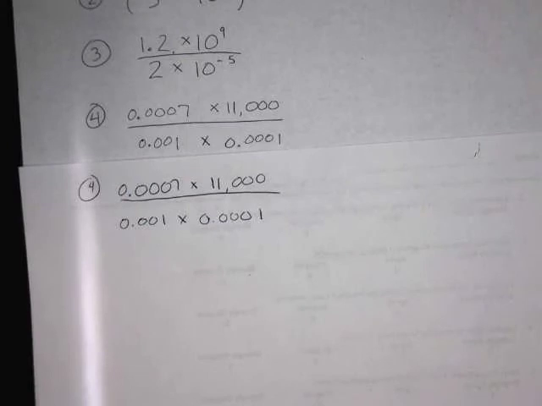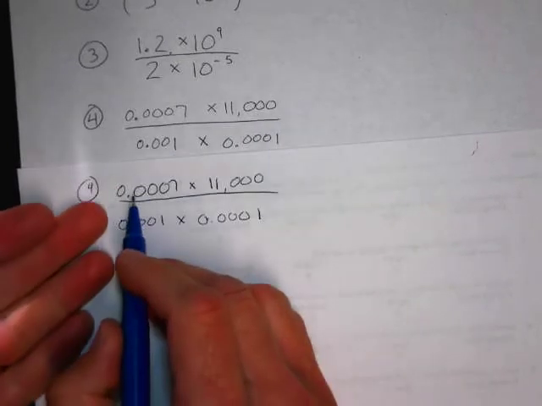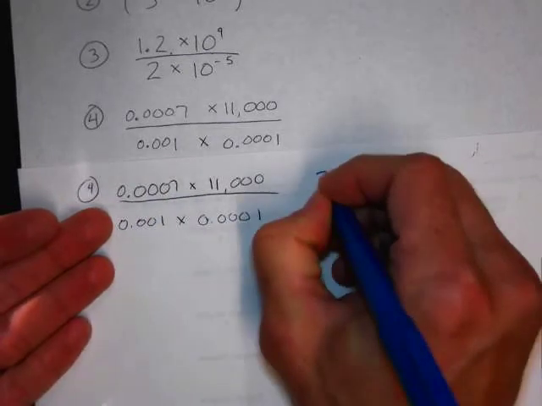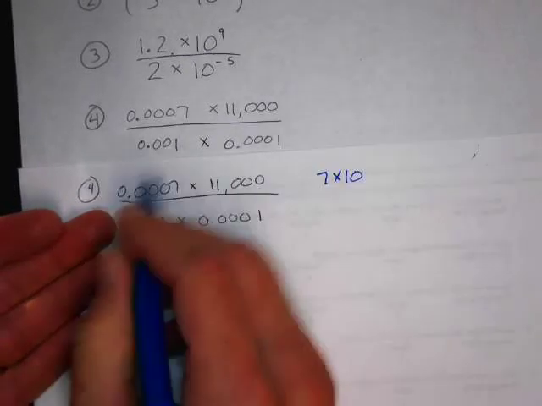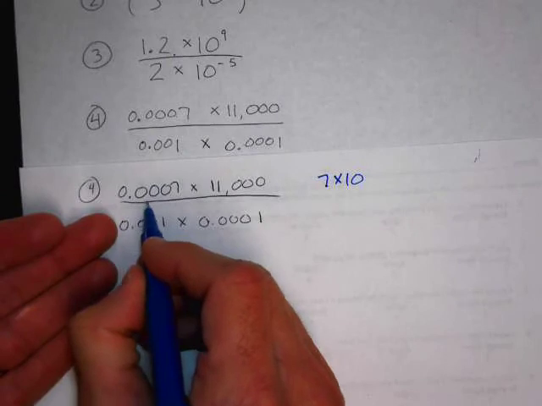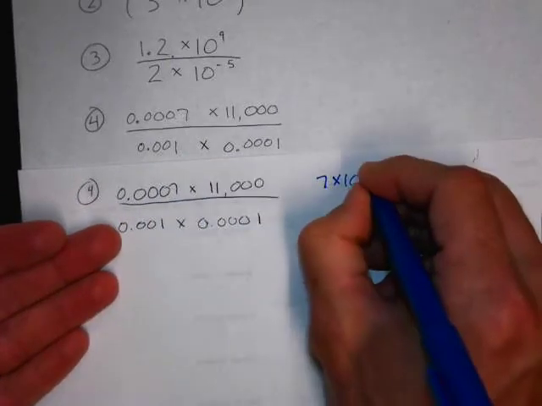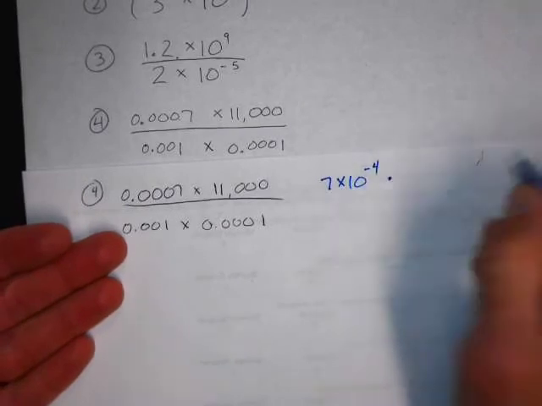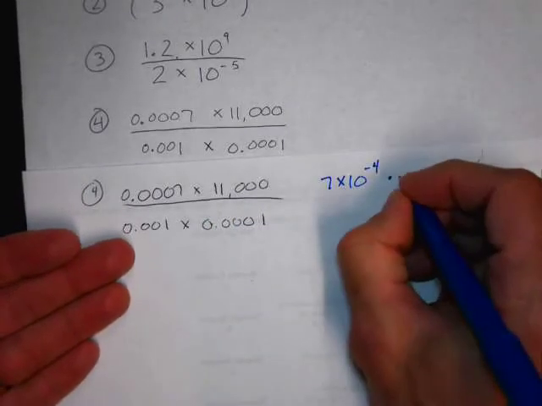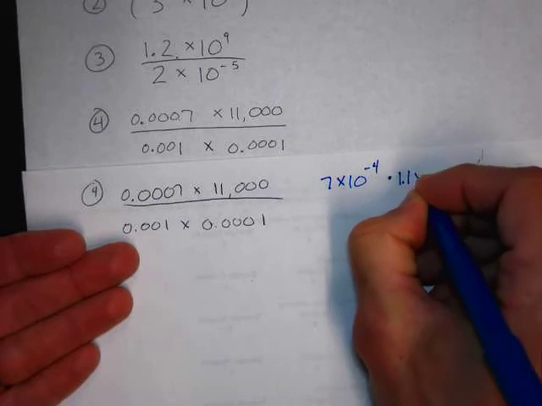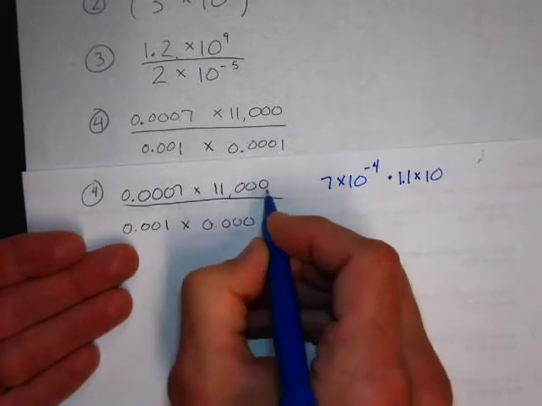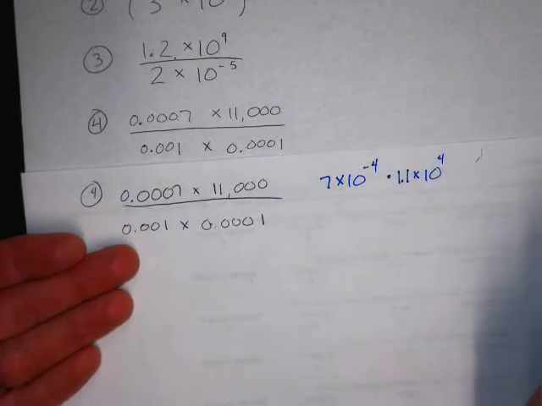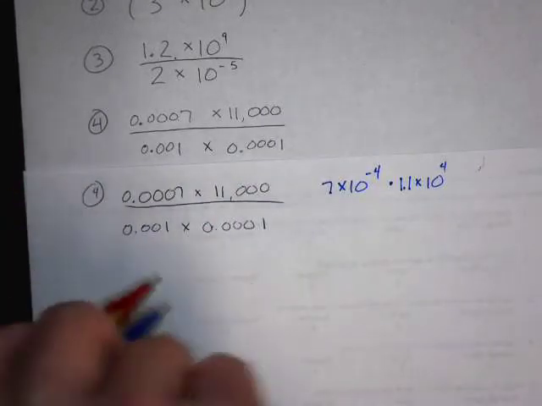Then we can start figuring some stuff out. For example, this first number, 0.0007, is actually 7 times 10 to the negative what power? 1, 2, 3, 4. 10 to the negative 4th power. And we're going to multiply that by 11,000, or 1.1 times 10 to the 1, 2, 3, 4th power. Isn't that cool? And then that's going to be divided by